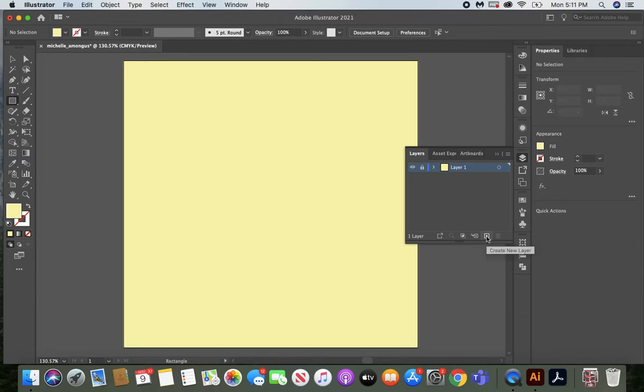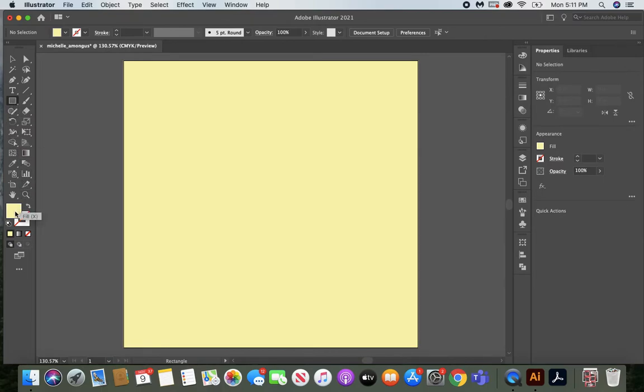So on the bottom right of the layer window, you're going to create a new layer. It's always a good idea to get in the habit of naming these layers. So I'm going to name this one background. As you become more advanced and have a lot of layers, it might be difficult to find what you're doing if you're not naming them. So I named the background and then the Among Us. So let's go ahead. I'm going to collapse that layer, that window,